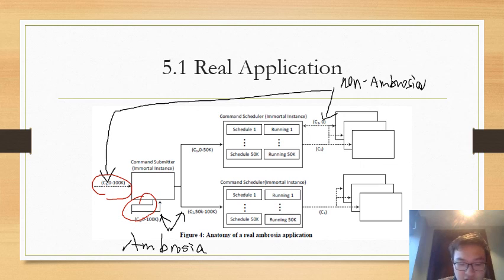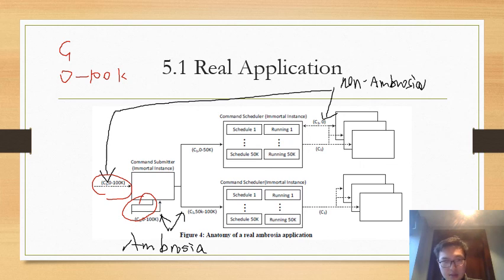The request itself contains the command to submit, that is command 1. And also, it has a list of machines on which the command should be run. Here, the 0 to 100 kilo means that the command should be executed on machines 0 through 100,000.